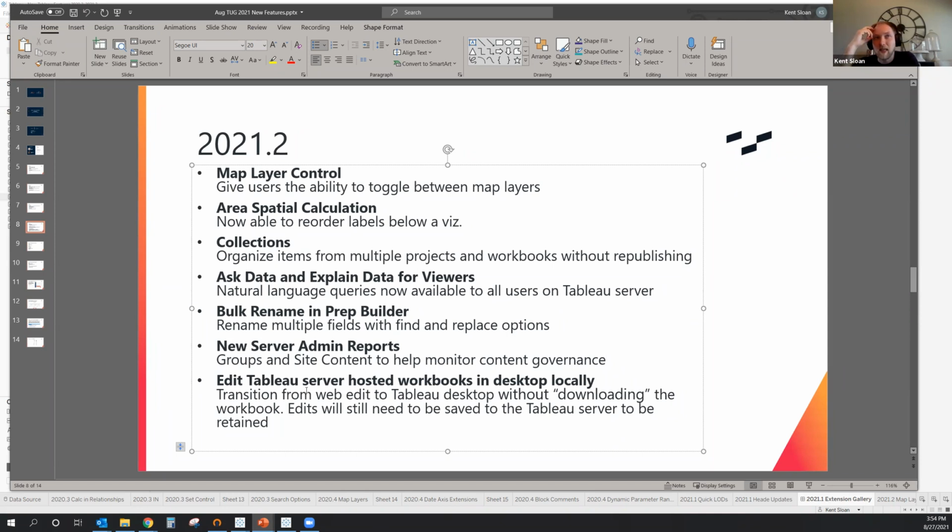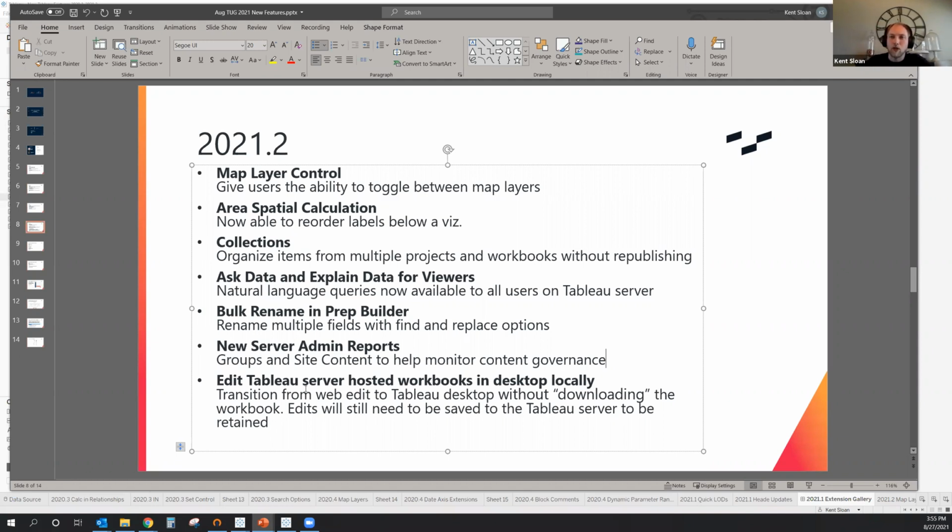From what little bit of testing I've done with this, it's redoing the familiar actions. It's not actually doing anything terribly different. So in the past, your workflow would have been go to the workbook, download the workbook, then open it up in Tableau desktop, make your changes, and then publish that workbook back to the Tableau server. When they say you no longer download the workbook, it's you no longer click on the download button, but you're still downloading the workbook. It's just putting it into a temporary folder instead of into your downloads folder. But what it does is it downloads the workbook and opens it up for you in Tableau desktop.